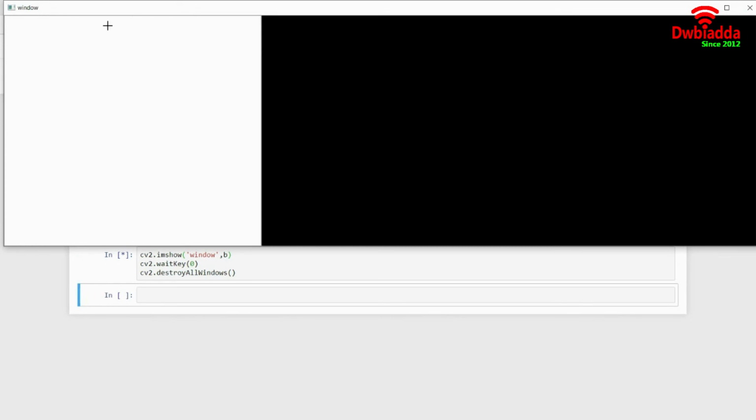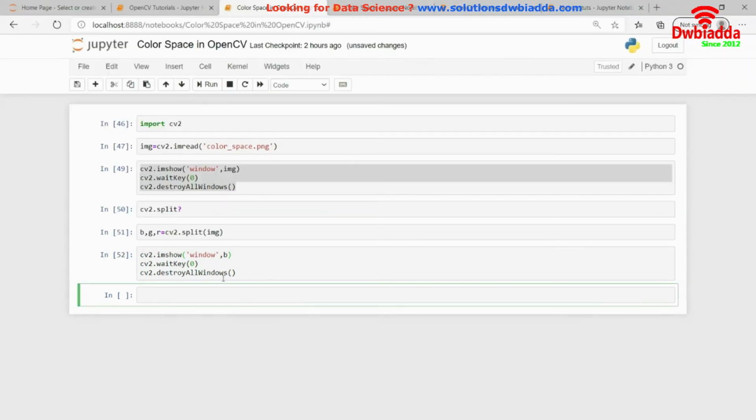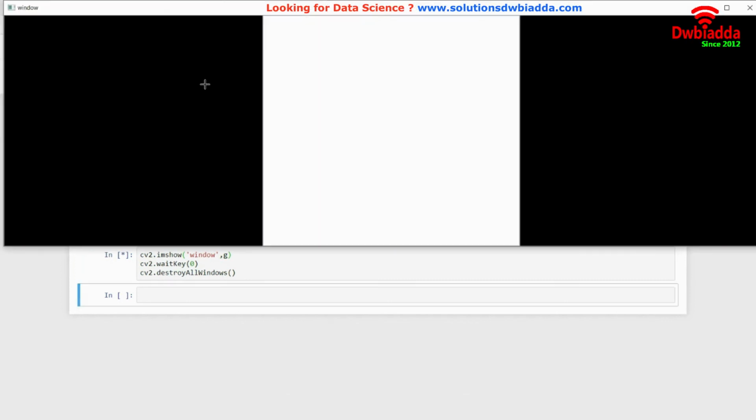This was the blue part, so it's now coming in like this. The part has been separated out from the image, whereas these parts did not contain any hint of blue. Therefore, these parts have turned completely black. Similarly, when I use the green part, the blue part and the red part will be completely black, whereas the green part will be in white color. Let us go ahead and see this. I will just call the green over here, and I will run this over again.